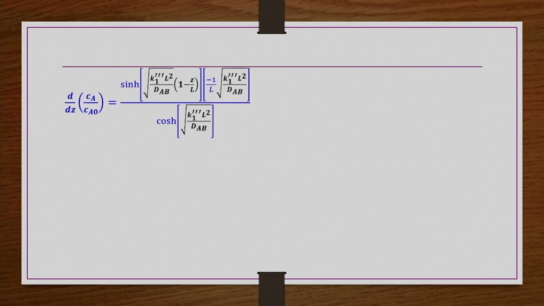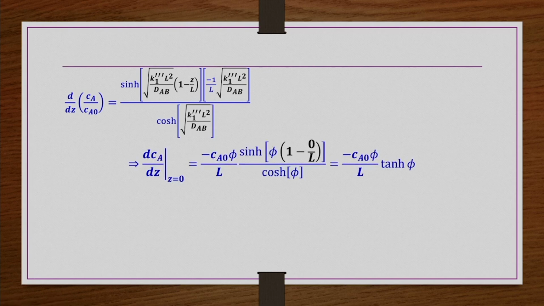So, this Ca naught on the left hand side we take to the right hand side, and wherever this square root of k1 triple prime L square by DAB is there, we write phi. So, minus Ca naught phi by L is this term,